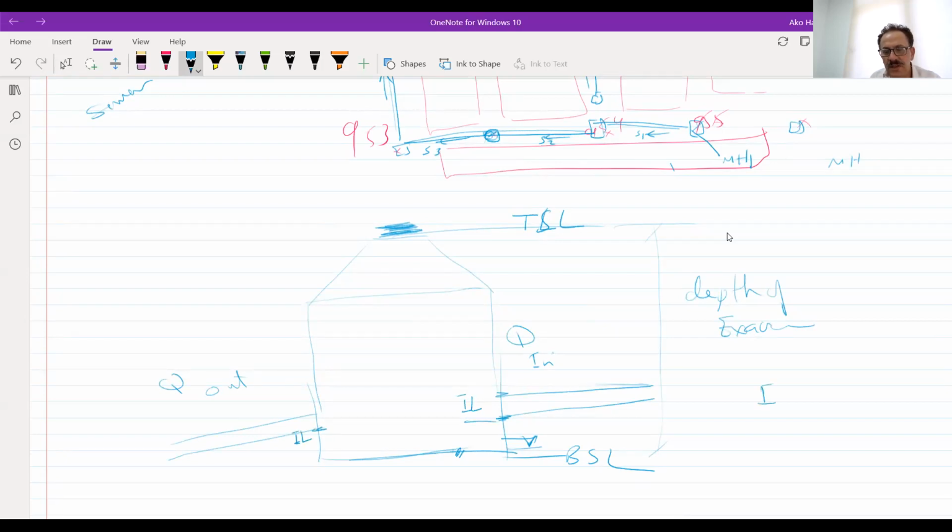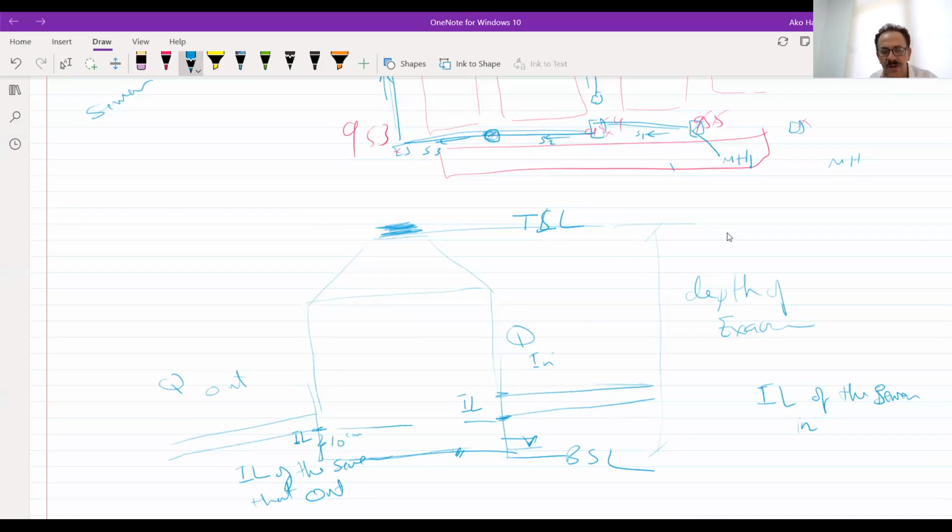So the invert level of the sewer that comes in, and the invert level of the sewer that goes out of this manhole. And as a standard, we have 10 centimeters.